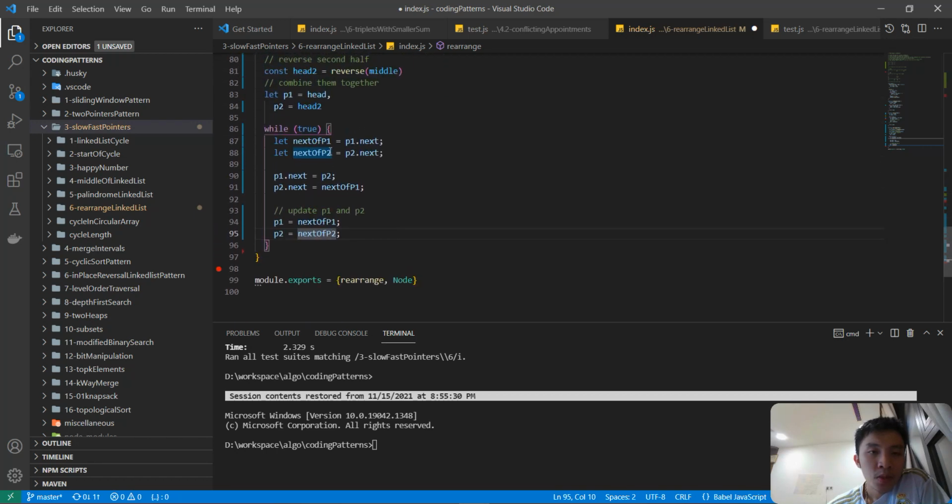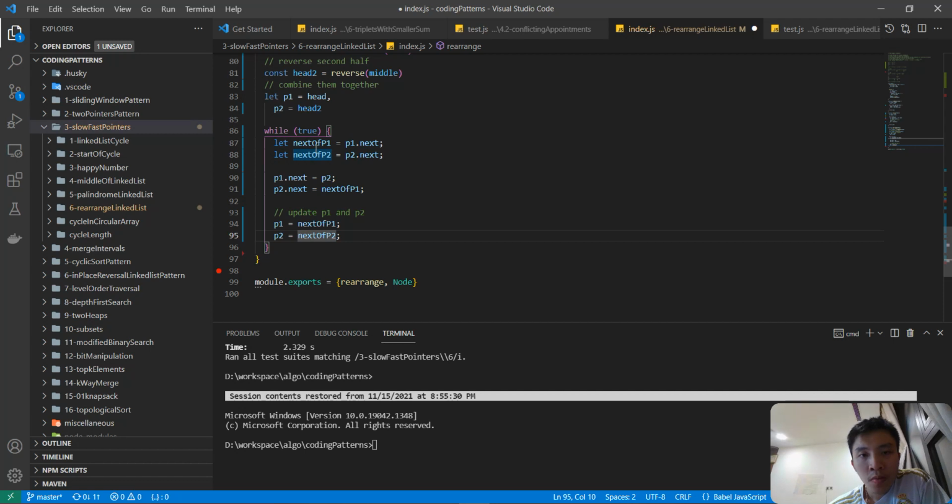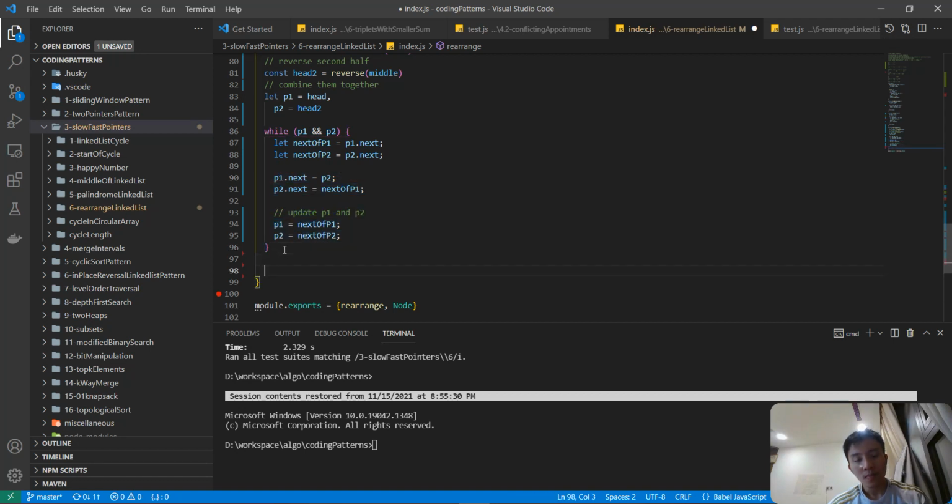If p1 or p2 is null, we probably don't want to get in here. So if p1 and p2 are not null, then we will get here. And if one of these is null, or both of these are null, it means